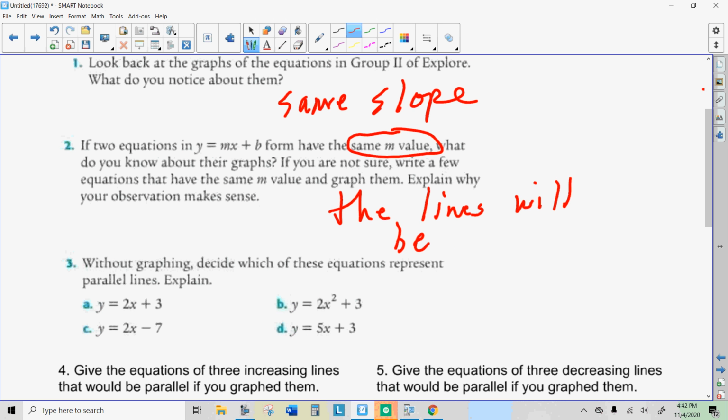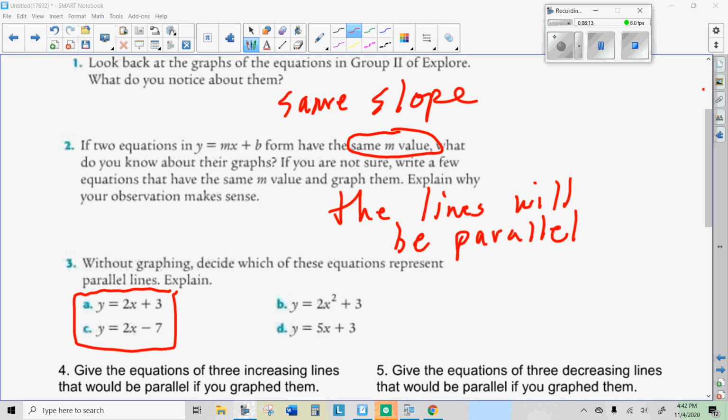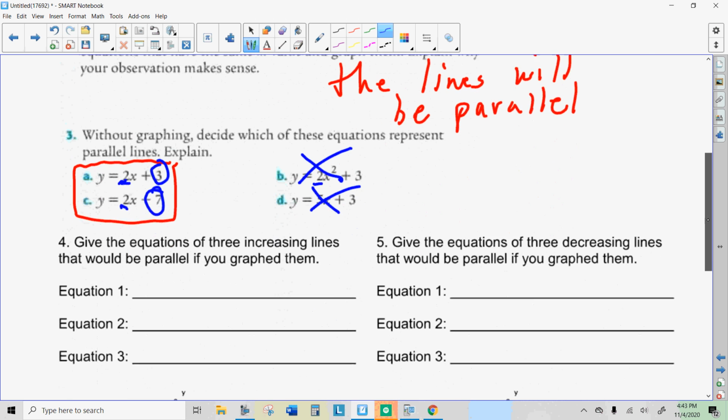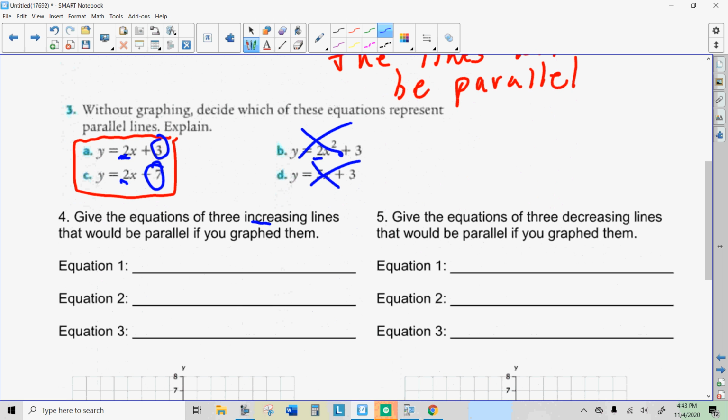So go ahead and do number 3. Pick the lines that you think will be parallel in that group. See if you get them right. You should have picked A and C. They both have the same coefficient, 2. And they have different y-intercepts. I'll circle those in blue. So they're going to cross the y-axis at different places, but they're going to have the same slope because of this number right here, 2. Okay, now some of you might have thought this one has 2, but remember, this is not a linear equation, so we can cross that one out, and this one has a different coefficient, so that one won't be. Okay, so now to get increasing lines, the slope has to be positive,